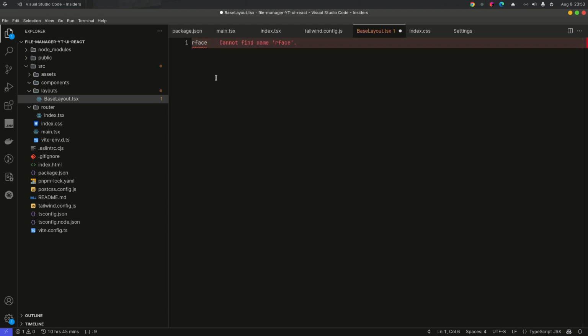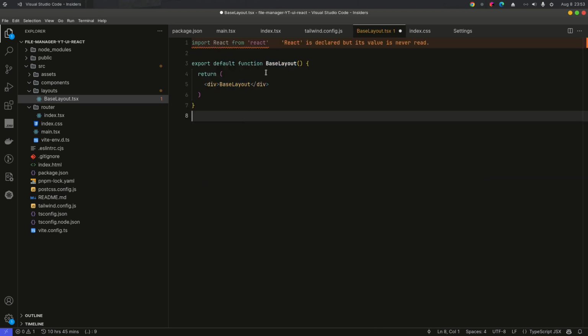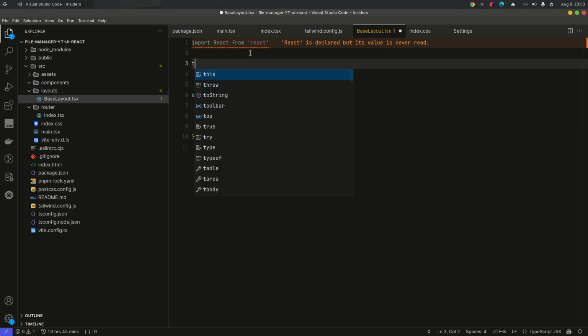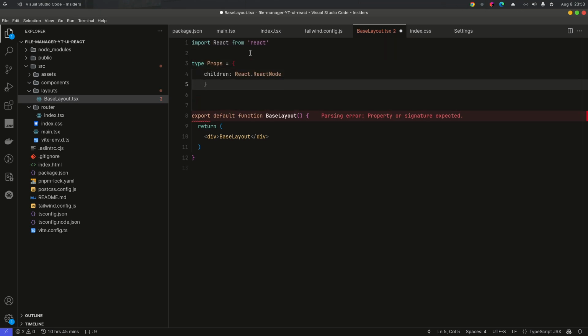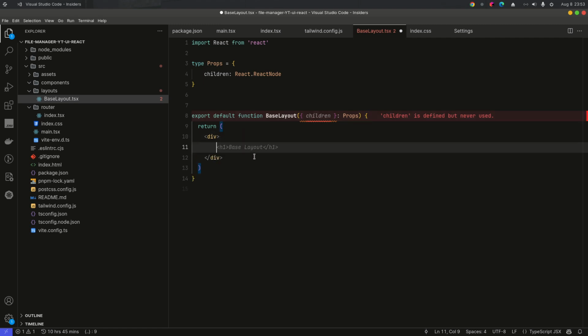Okay, I don't like this, RFC. So export it like that. Then we'll just define props. Props will be children, which will be React node. Then we'll just pass in here with the structure children from props. Then we want to make it responsive, so forgive me for that, but